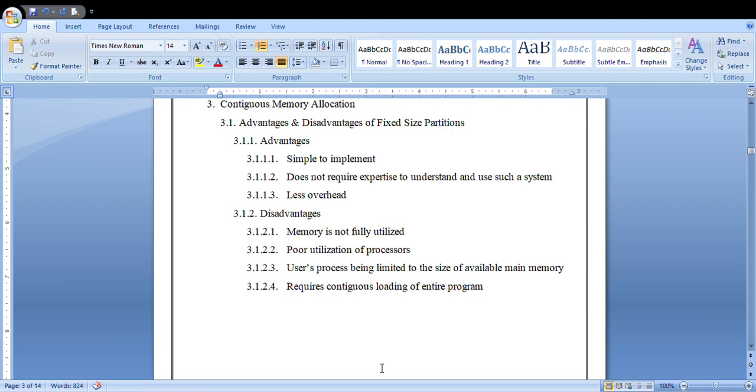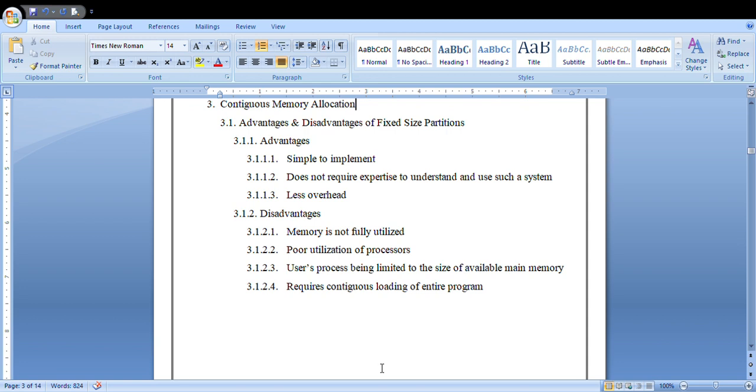In fixed size partition, as the name indicates, apart from the memory location where the operating system gets loaded, the free memory will be divided or partitioned into fixed sizes. For example, consider the operating system.